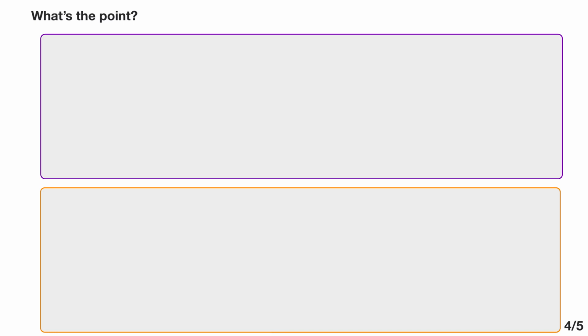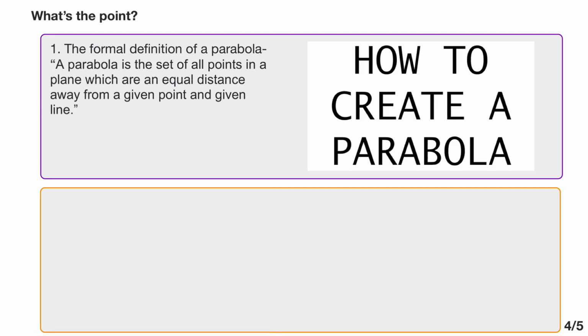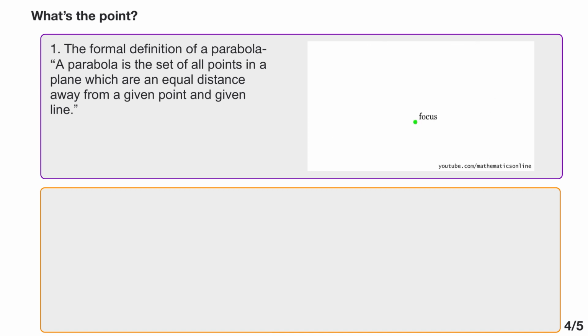If you look up a parabola on Google, or in a formal math textbook, this is what it's going to say. The formal definition of a parabola is the set of all points, coordinates, in a plane, so an xy plane, which are an equal distance away from a given point and a given line. What the heck does that mean? Well, that means if you start off with one random point and you start off with a line,